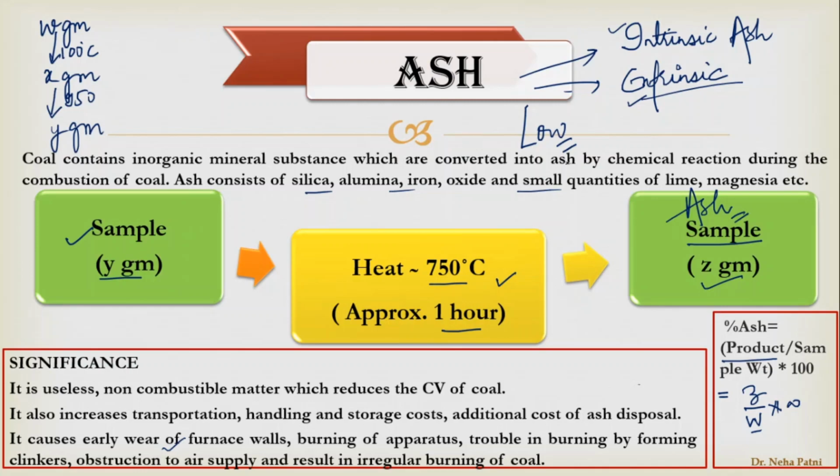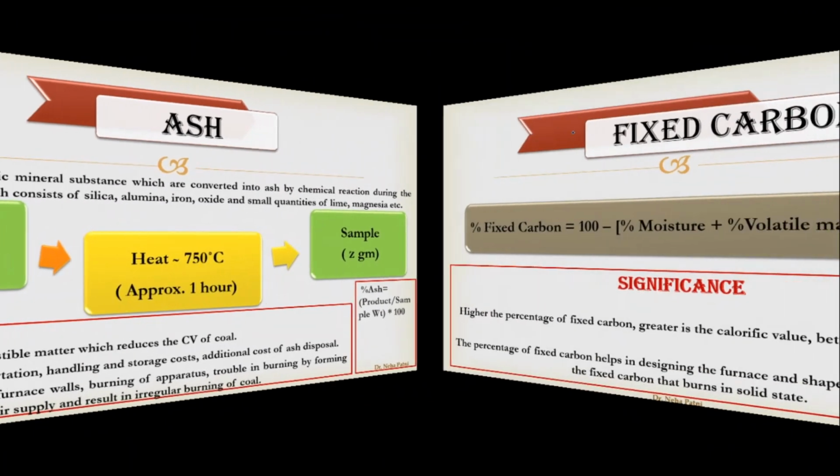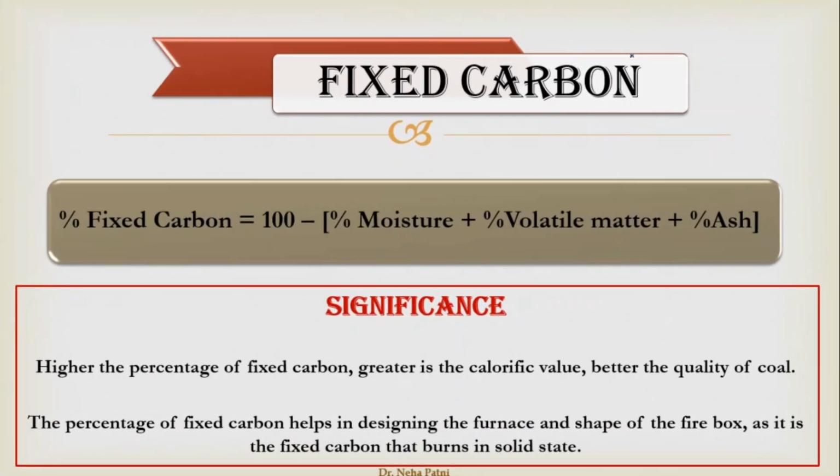So this is how you find out. Now coming to the fourth step, you have calculated moisture, you have calculated volatile matter and ash. Now as per that standard, if you want to know the fixed carbon, you simply have to subtract these three from 100. So you add them and subtract from 100, and you will get the tentative value of fixed carbon. And that is why we say that the proximate analysis does not give authentic results,